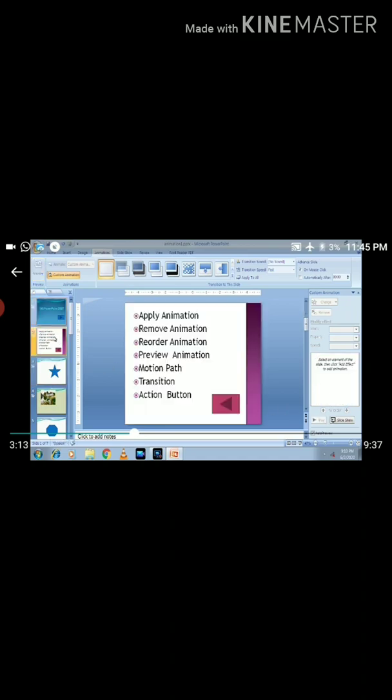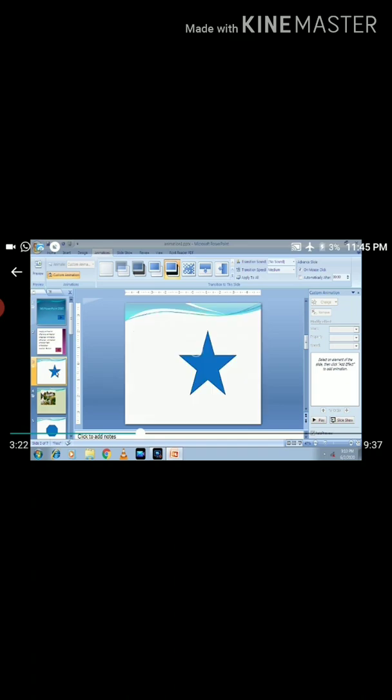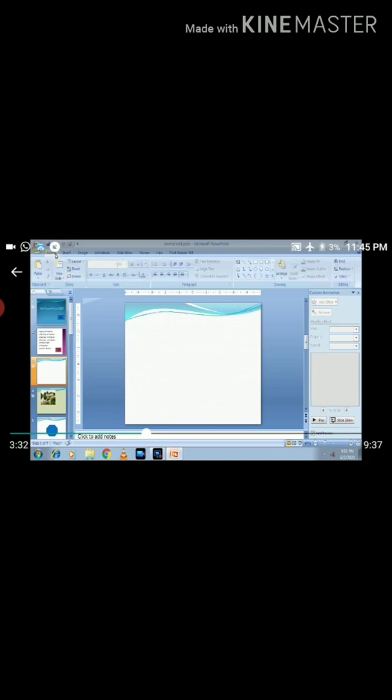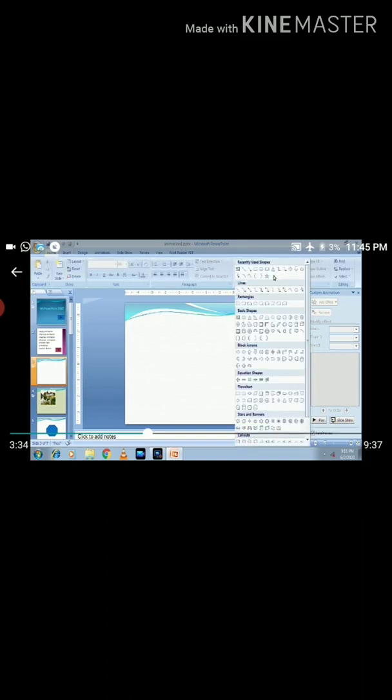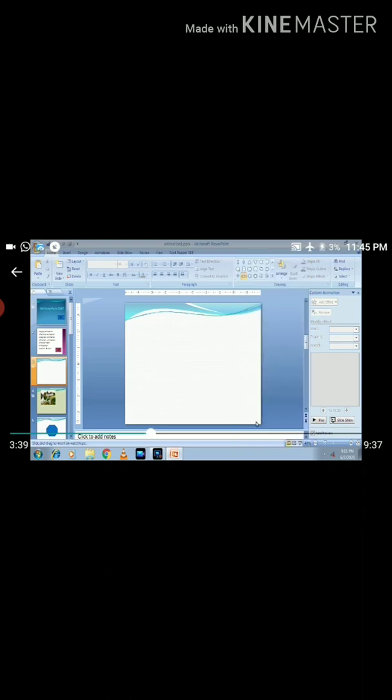Then we want to discuss motion path. Just select the object, go to Animation, then there is a circle shape motion path.